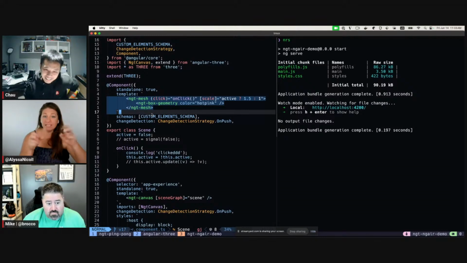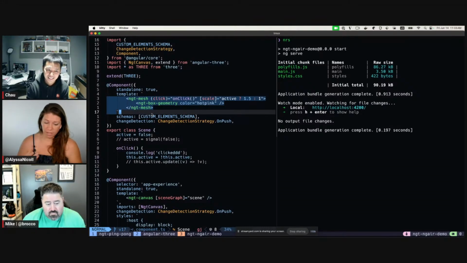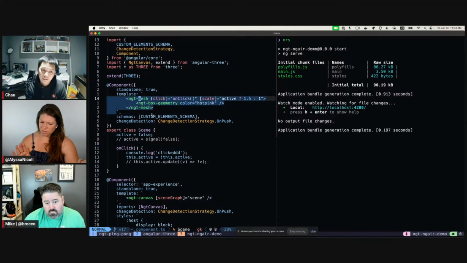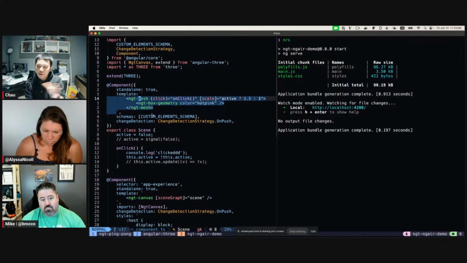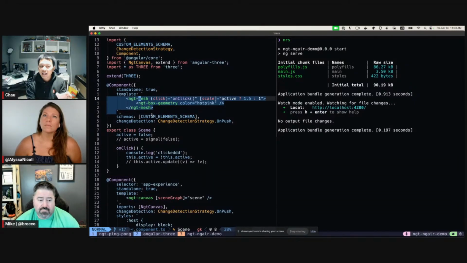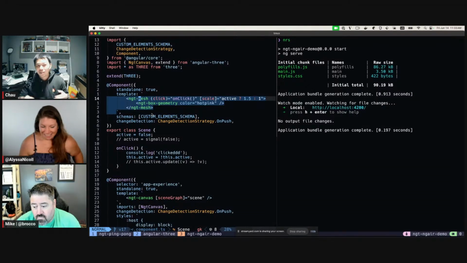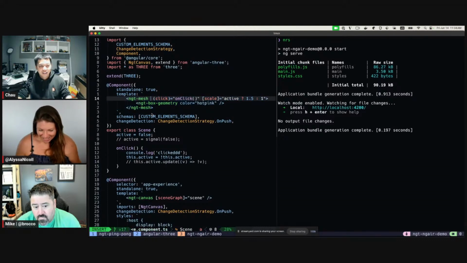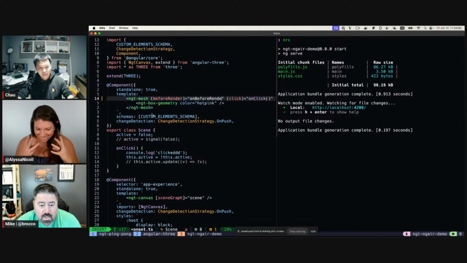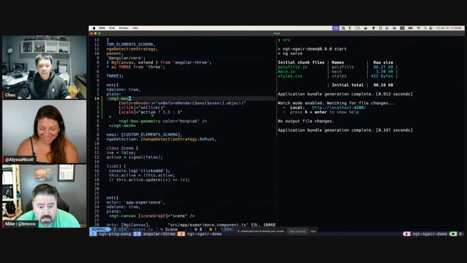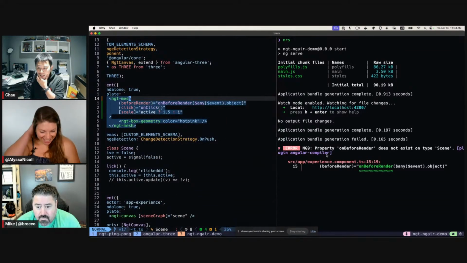So this app that we're looking at is to put a 3D cube into the DOM, yes? Yes. Is it using signals or no? Not really. Right now I'm trying to demo the difference between V17 and V18 in terms of signals versus just regular class properties. All right, so I'm going to do that right now. And what version of Angular are we running right now? Is this 18? This is 17 right now.